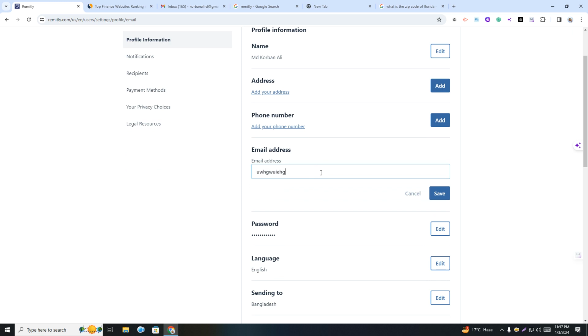and then you have to remove this email and give the new one, at the rate gmail.com, and then save, and they will send you an OTP notification. Then you have to copy that code from your Gmail and paste it here and then save, and it will